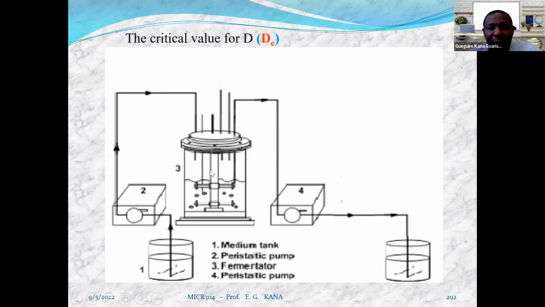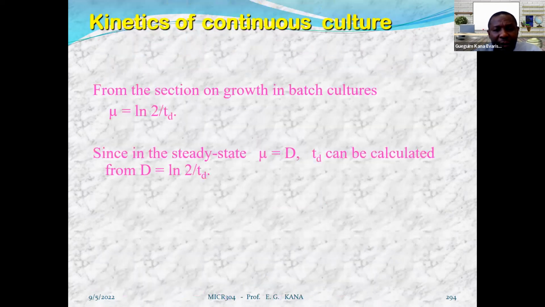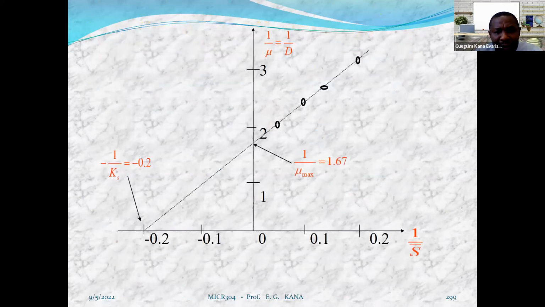Now, a typical question which can be given to you is this: you have a reactor operating above the critical dilution rate over a long period of time. Find out what becomes of the cell concentration within the reactor. Obviously, cells will be washed out. Another aspect that we should cover briefly